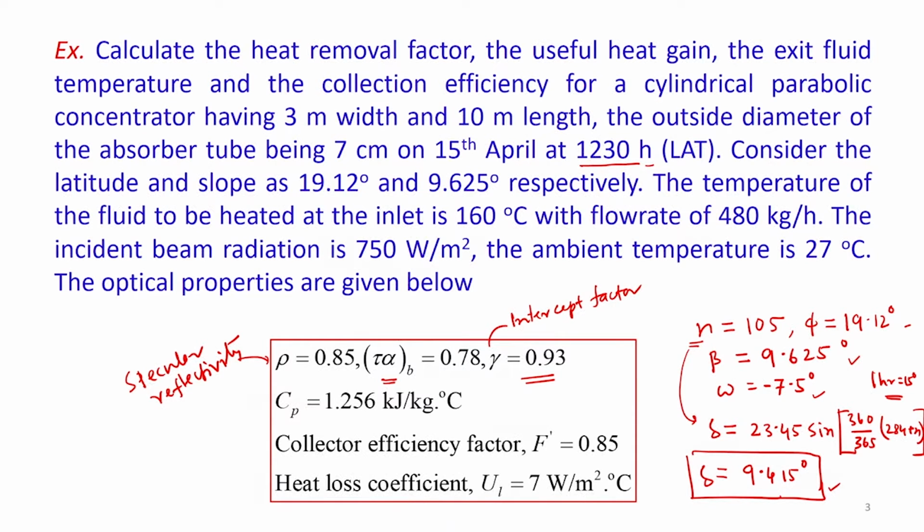Okay. So, now what is next? We need to calculate the tilt factor, because we need to find out the absorbed solar flux. So, before we initiate the calculation, let us draw the figure first, that means the cross section of a cylindrical parabolic collector, right. So, if you consider this is the tube and this is the glass cover, and concentrator is something like this,